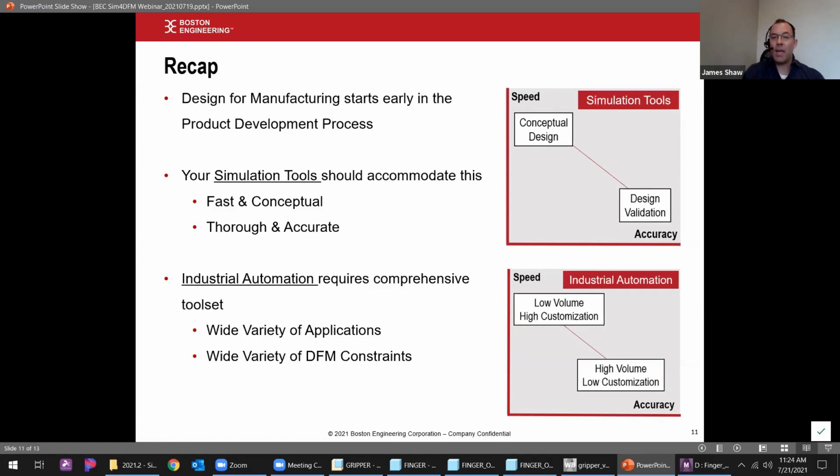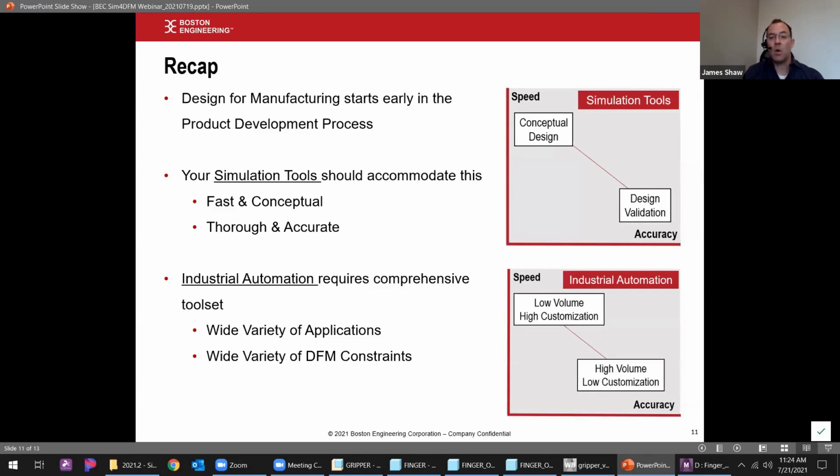We don't necessarily want to guess here. We want to use quantitative tools to give us quantitative answers. Depending on where you are, concept versus detailed design, you should have a couple of tools in the toolbox to make sure that it can meet the pace of development. Mike showed, I think, two excellent examples where from five feet away, they look very similar to somebody who doesn't have as much robotics experience like myself. But when you dig deep, they're completely different applications, with different automation, different intended markets, different intended volumes, and so different